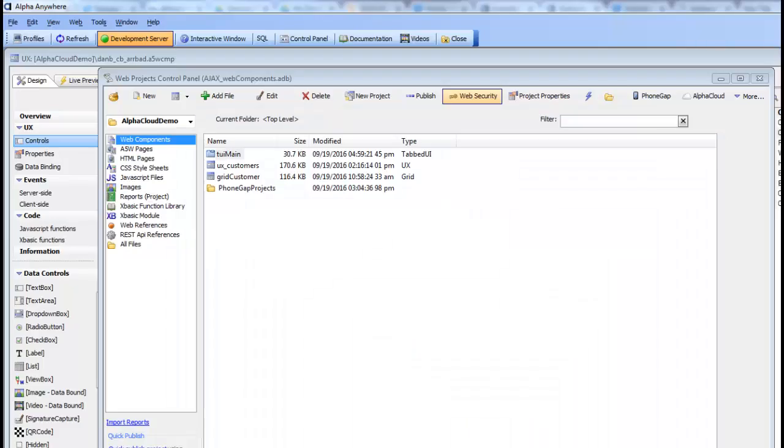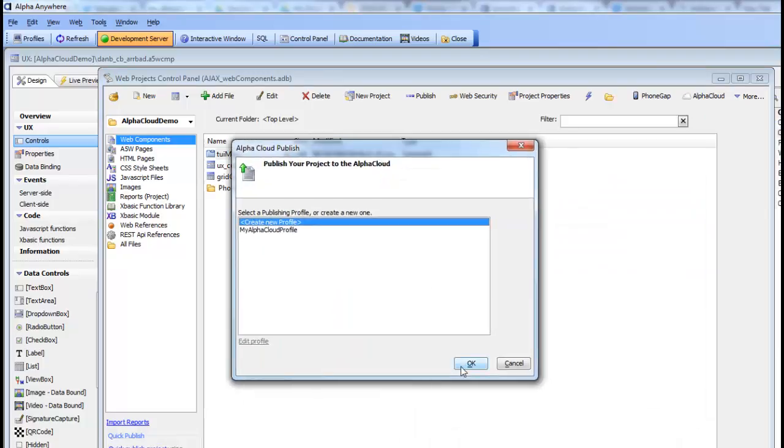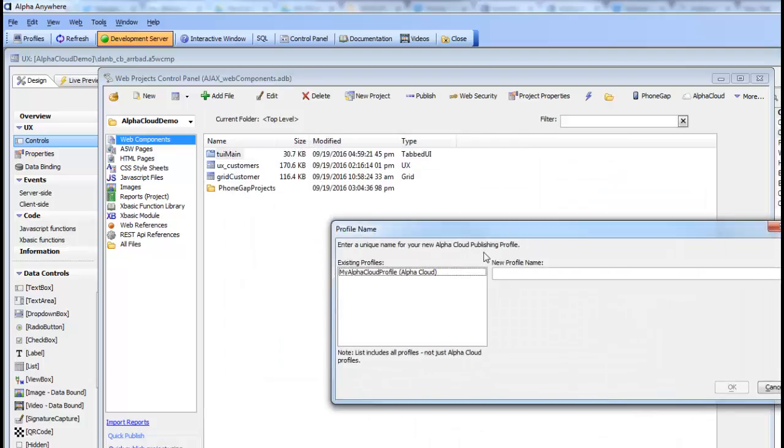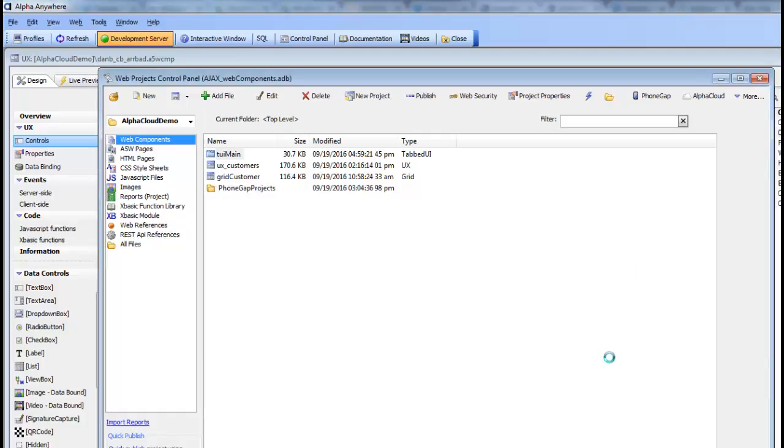In this video we'll show how you can create a publishing profile to publish to Alpha Cloud. Whenever you publish to Alpha Cloud you need to select the publishing profile that you want to use. So let's go ahead now and create a new publishing profile. We'll click the OK button, and we'll give this a name. We'll call it my second profile, and then click OK,